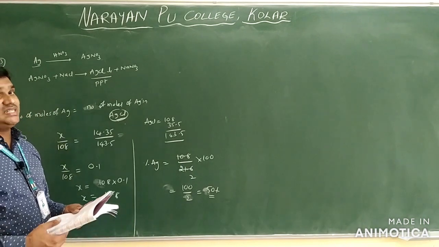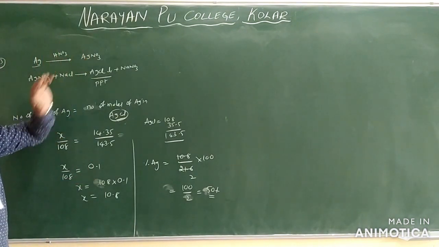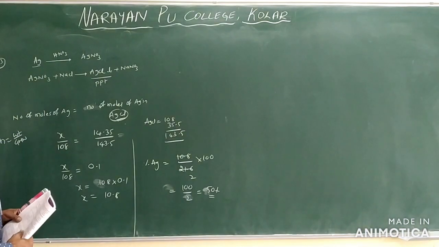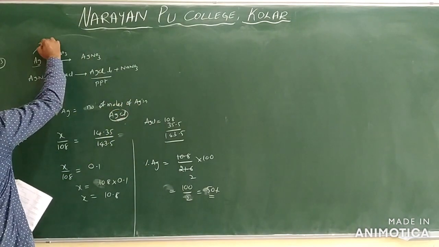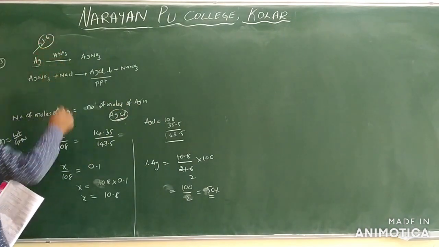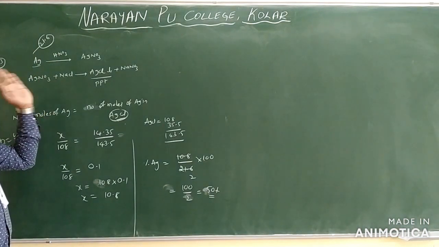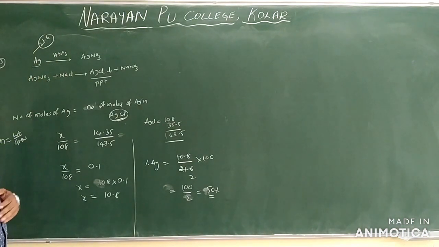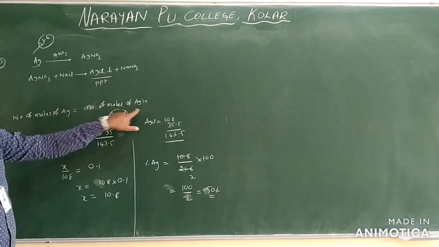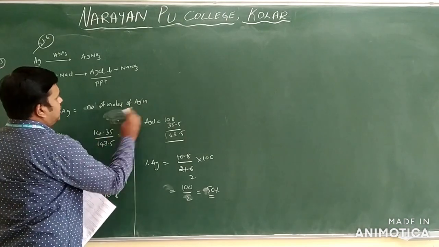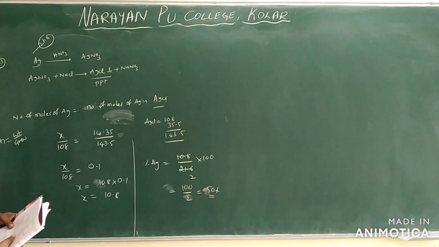Again I am repeating, just listen. Silver is given; silver can be dissolved in nitric acid to form silver nitrate only. So the silver weight is already given. How much is given in this equation? Here 21.6 grams of silver can be dissolved. You will get AgNO3. That AgNO3 can be precipitated by using NaCl. Number of moles of silver you are taking, we are comparing with number of moles of silver in AgCl only.